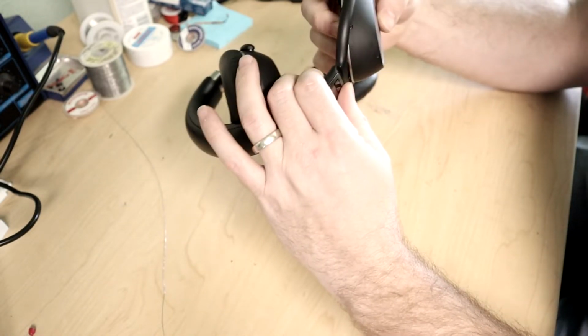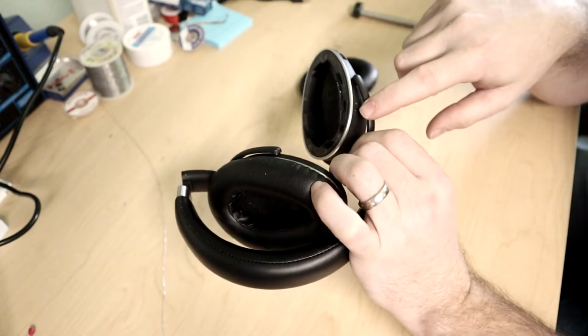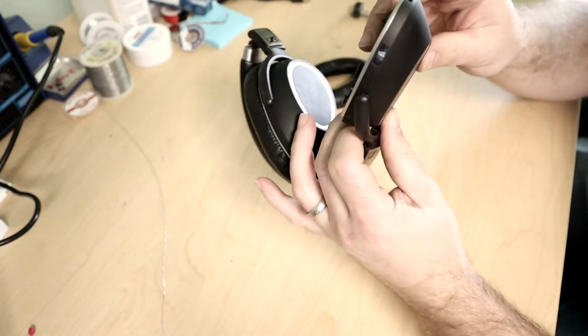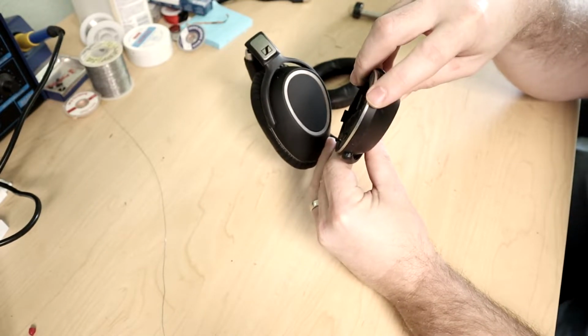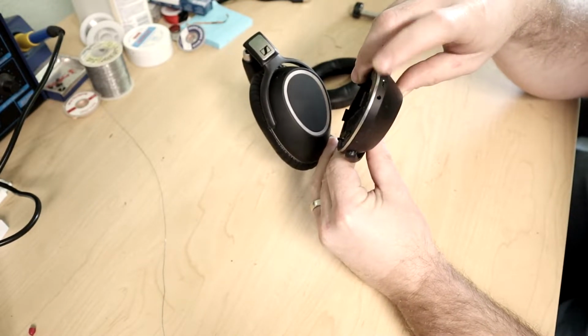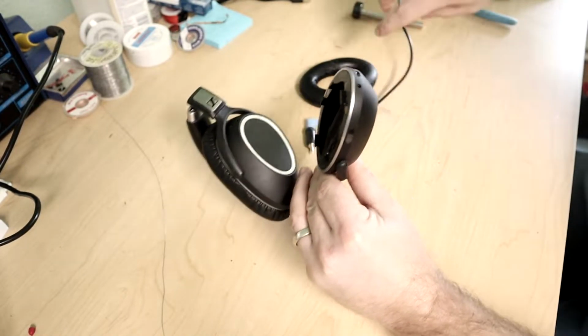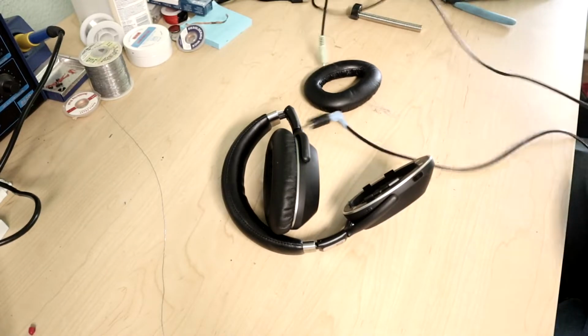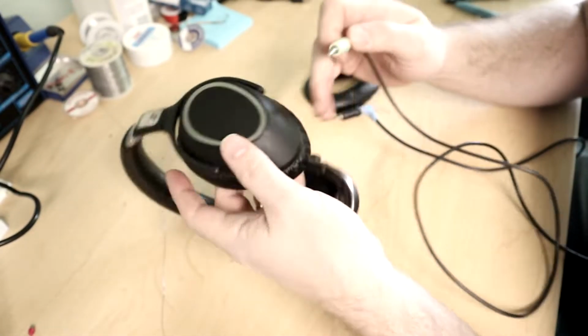The other thing I've seen, in a forum that talked about this, is that apparently this switch right here is for Bluetooth. Because you can plug these in with a normal, I can't say a normal headphone jack. It's a 2.5 millimeter headphone jack instead of a standard 3.5 millimeter headphone jack, which is kind of annoying. So you can't just take your normal aux cable, like this one right here, and plug it in because it